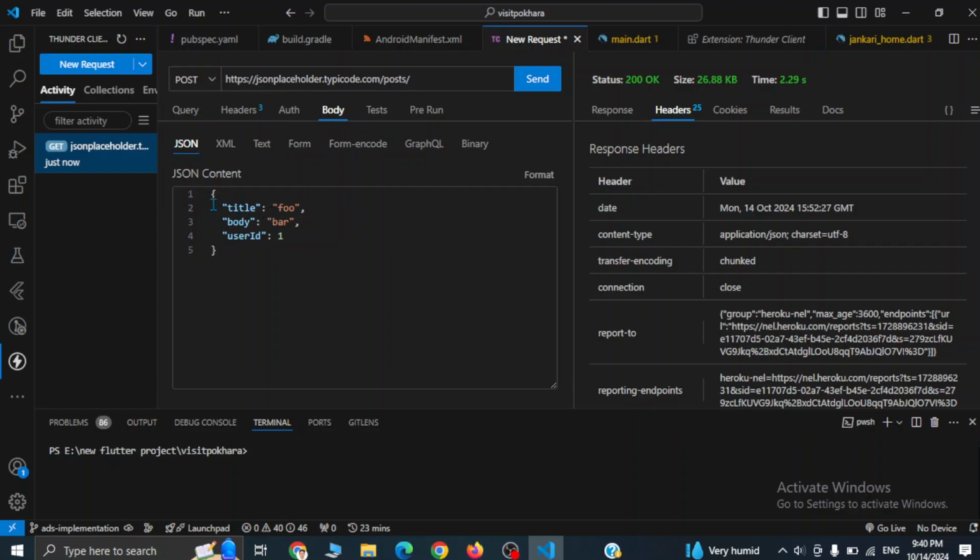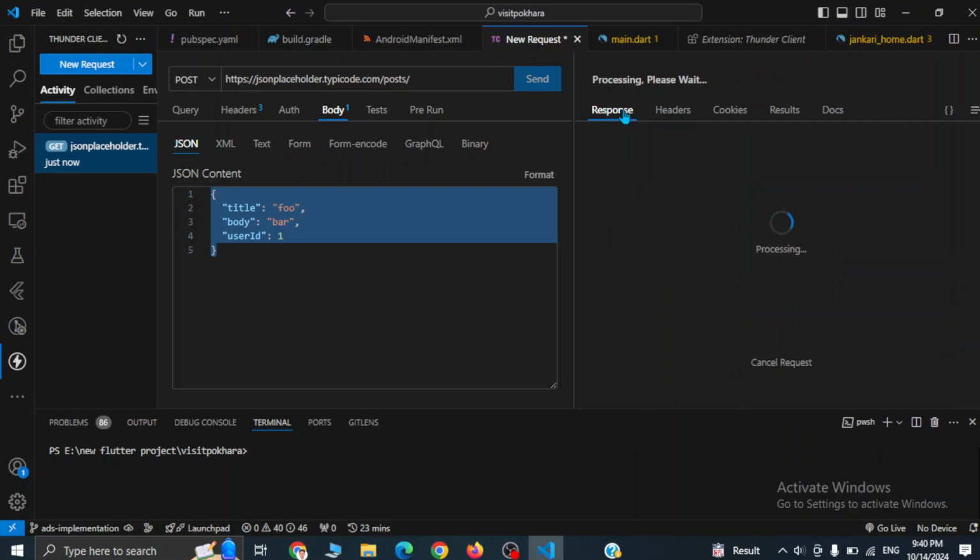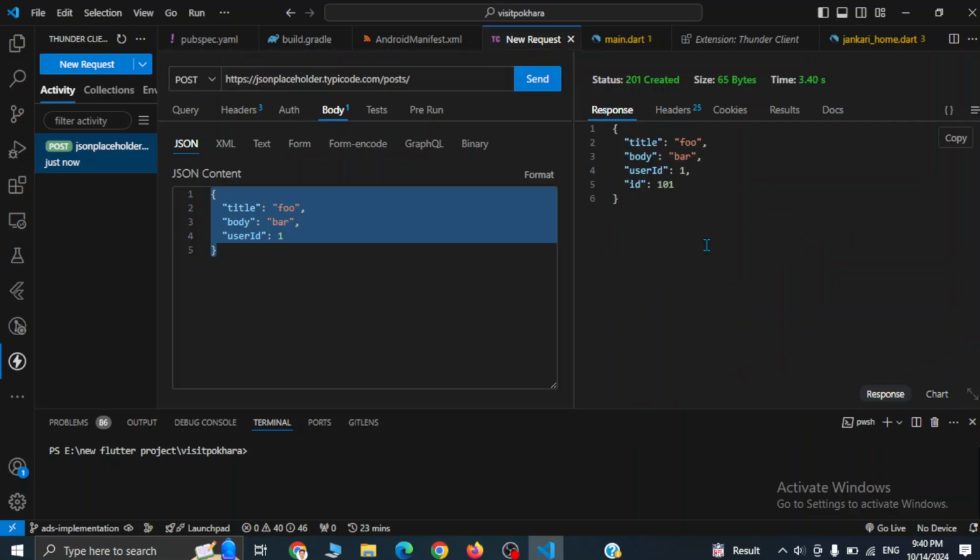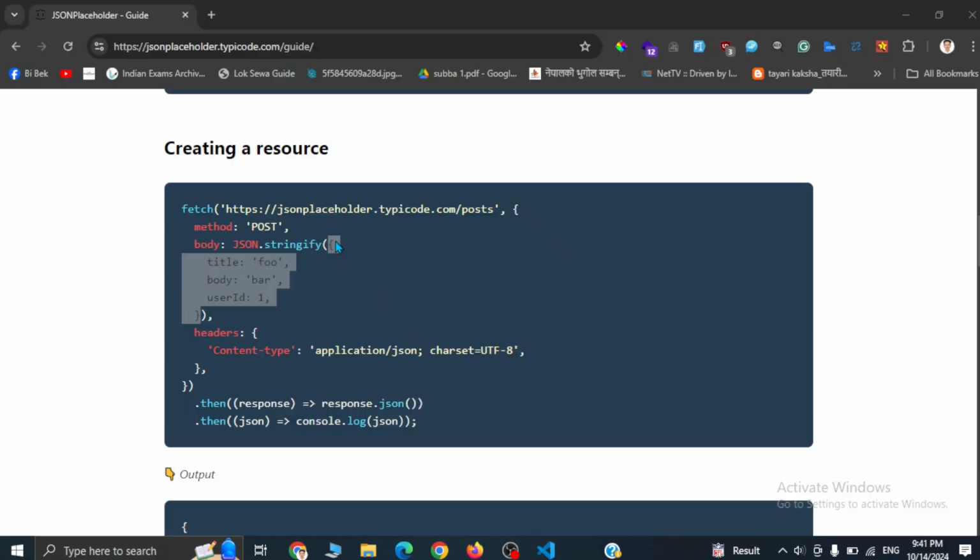So we are making a post request with this content in body in this endpoint. Okay, so now click on send, and let's see the response. And here you can see the status code of 201 created, and response is title foo body bar. So that is what we passed. You can pass anything and it will come in return, and ID of the post is 101. So we have successfully made a post request. Similarly, we can make other requests like